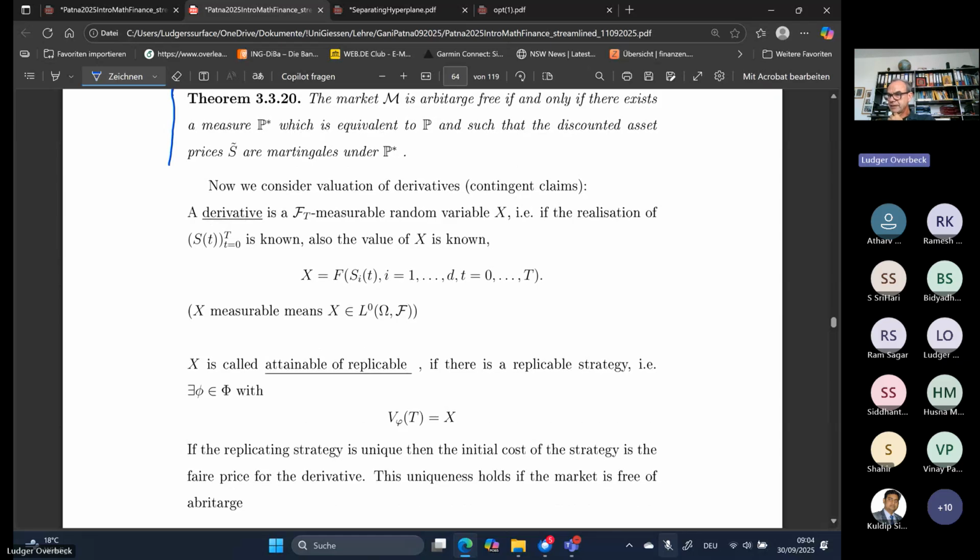Now we more or less say Ft. Mathematically, this means Ft equals sigma of S_t, the vector S_t, for t equals 0 to T. So the filtration is now generated by S. Now we take a replicating strategy, meaning,